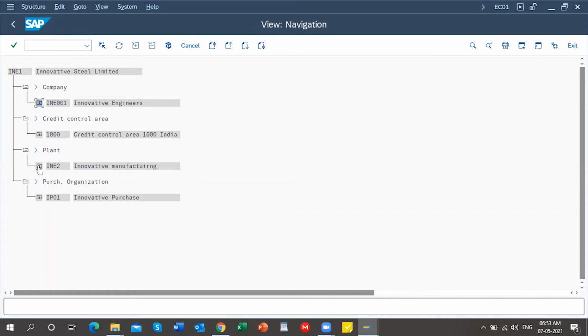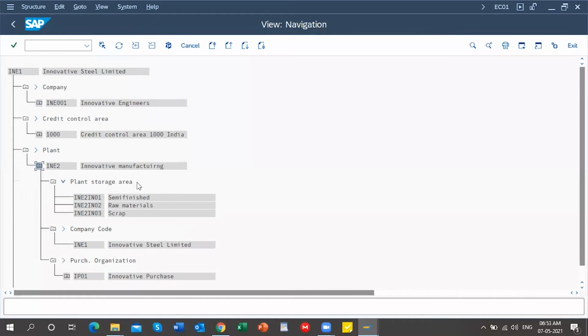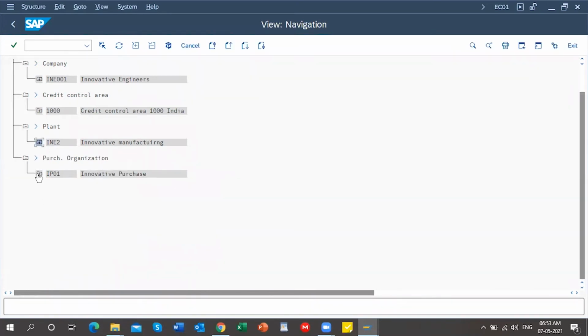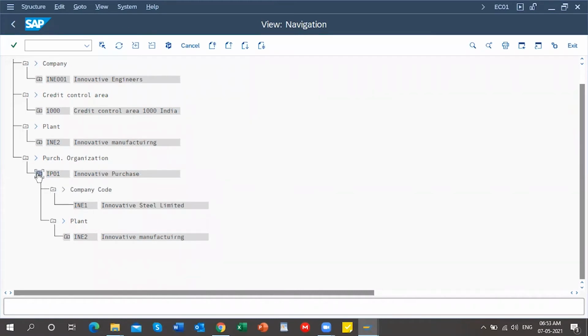You can also view whatever storage locations are assigned to this plant, and which purchase organization is assigned to the plant, like IP01, and to which company code we have assigned this plant. Here you can see which purchasing organization is created and assigned to the company code and plant.